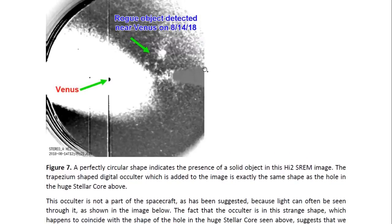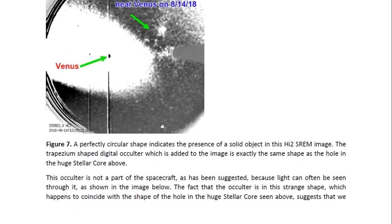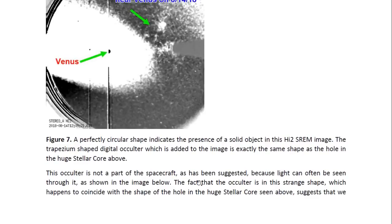So this indicates that what we are actually looking at is that huge stellar core, and this occulter has been added in order to hide the fact that we would most likely just see darkness through the hole and would realize that there's an object there. So the occulter is, as I said, not part of the spacecraft, and because we see light through it, the fact that the occulter is in the strange shape, which is trapezium shaped,